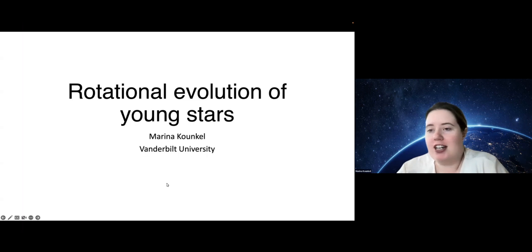So age is the most important property of a star. Unfortunately, however, it is quite difficult to measure for most stars. It's not something that we are really able to probe for more than 99% of the stars. But what if we were to try? How might we go about it?